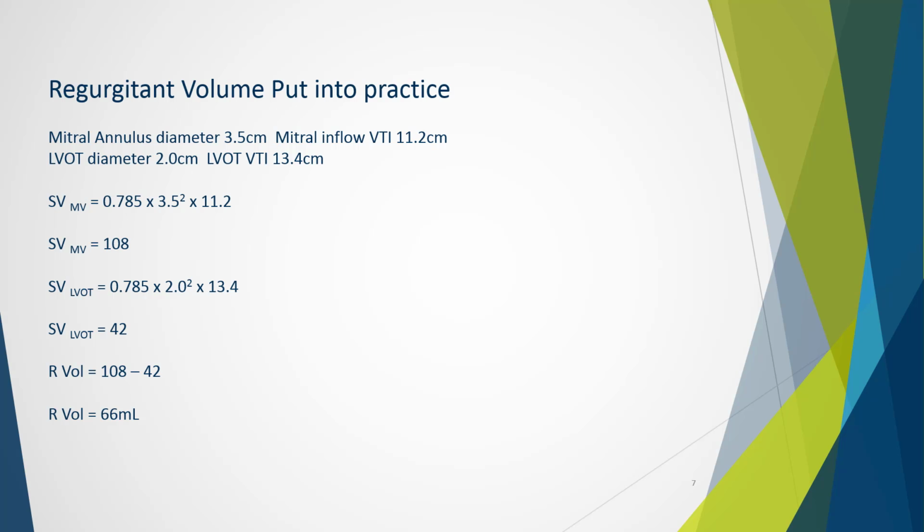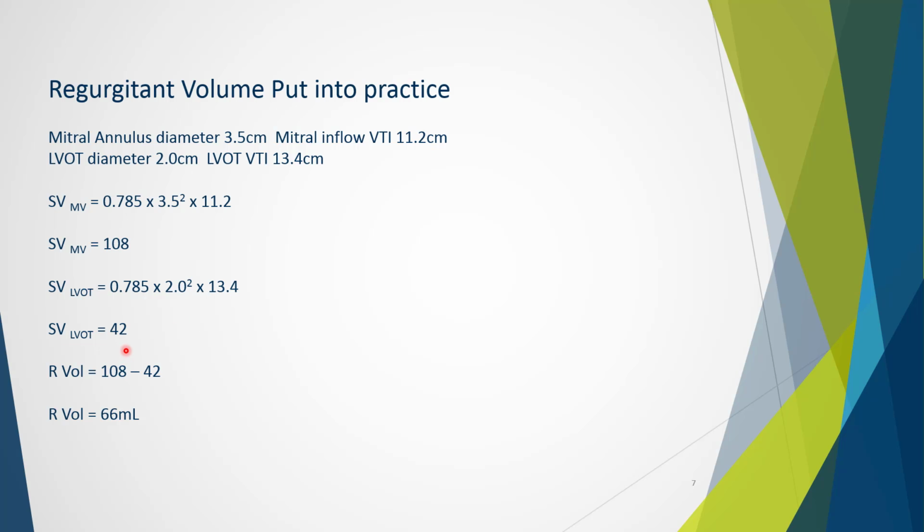So throwing all our numbers into our calculations, we know stroke volume is equal to the cross-sectional area times the VTI. Breaking that down, 0.785 times 3.5 squared times 11.2 will give us our stroke volume through the mitral valve of 108. Then doing the same for the LVOT, 0.785 times 2.0 squared times 13.4 gives our stroke volume through the LVOT